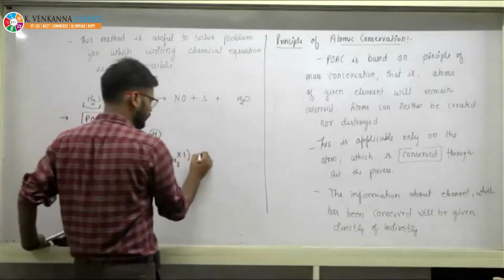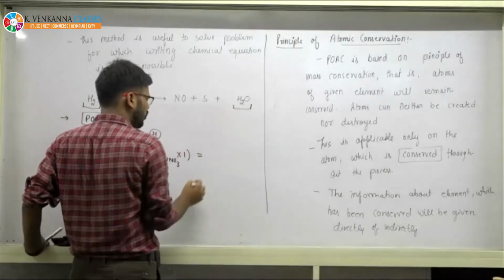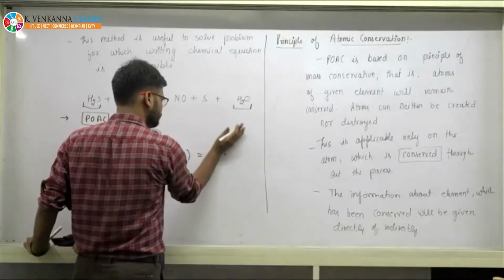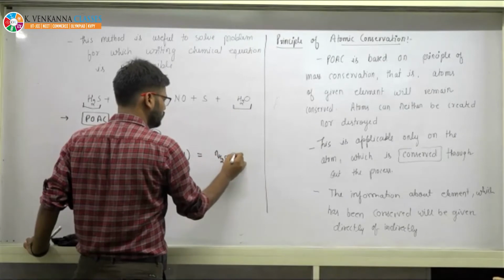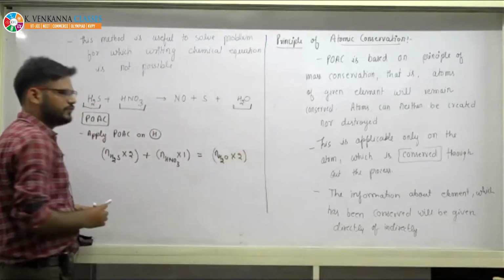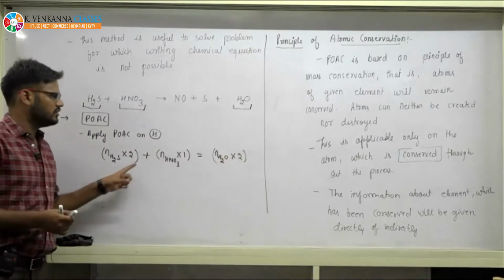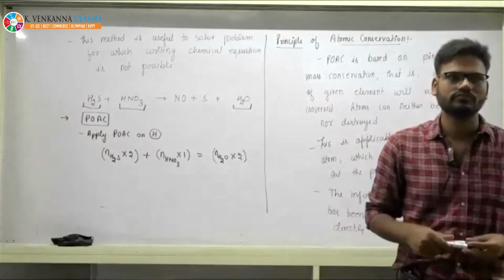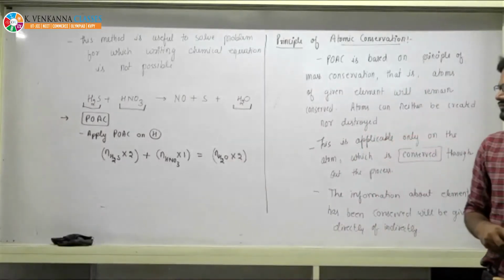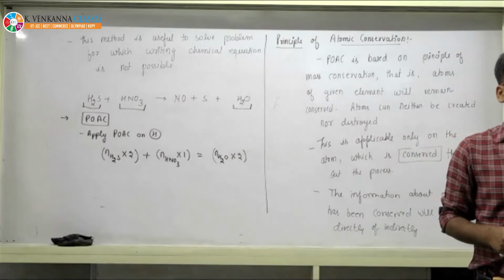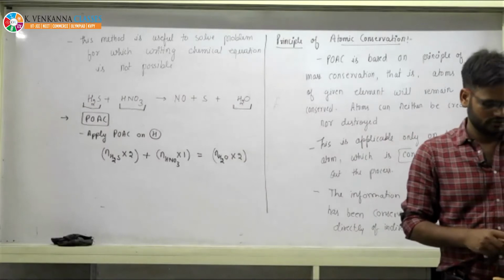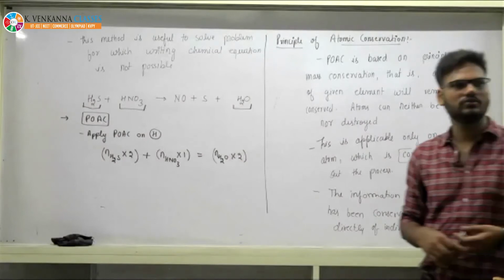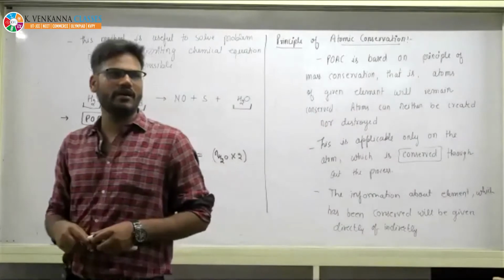This is the left hand side. And as we want to conserve them, on the product side hydrogen is present only in water, so it equals moles of water into 2. If you use such a process, then you have equated the hydrogen atoms on both sides. Is it okay, beta? Is it okay? I want your response, beta. Yes, fine. Okay, Vani, I will be explaining.